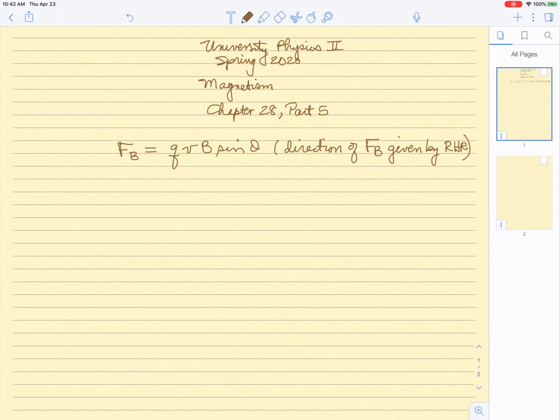I want to point out now that in a more elegant way, the magnetic force can be written as a vector cross product. We haven't spent a lot of time with that. We've discussed dot products, but we haven't really talked about cross products. But there's a number of you in the class that